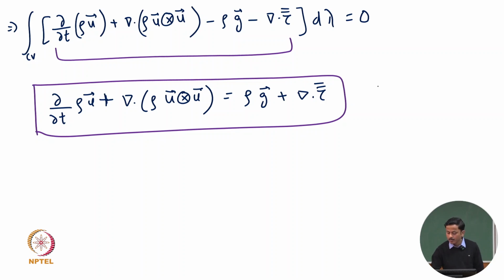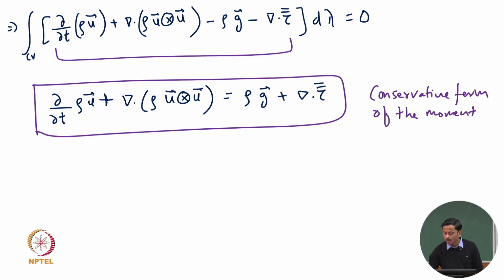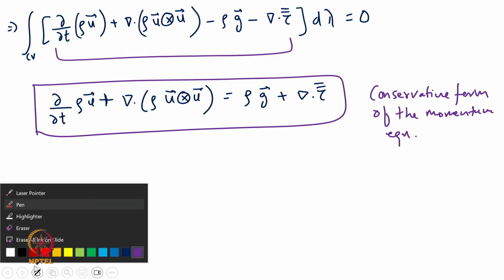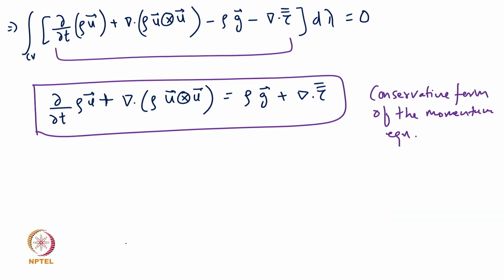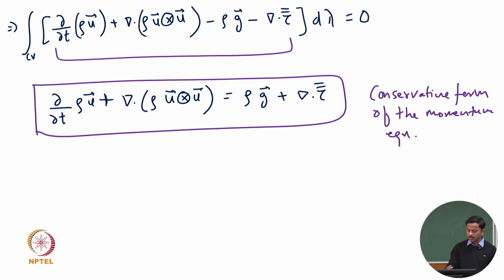So the other one was the integral form. This is the differential form. This is the conservative form of the momentum equation, and the conservative form is a specific variant of the differential form of the momentum equation that we have been discussing. You can also write the non-conservative form of this differential equation. So in index notation,